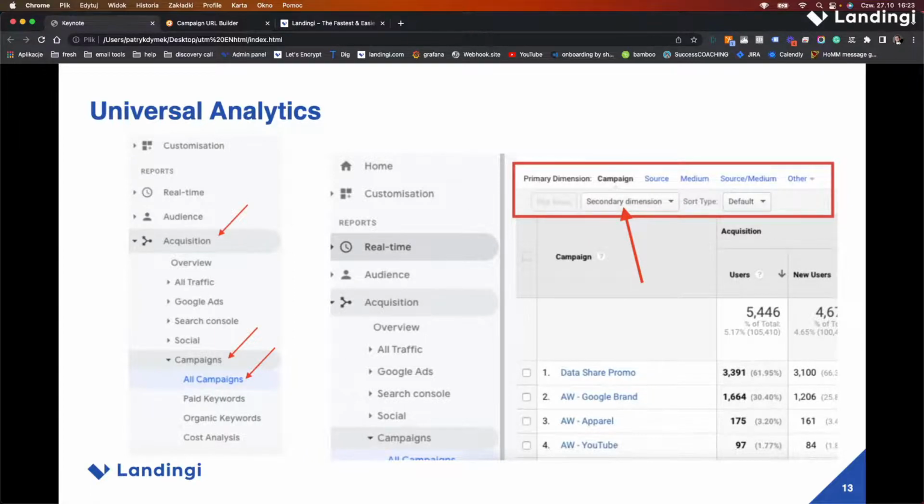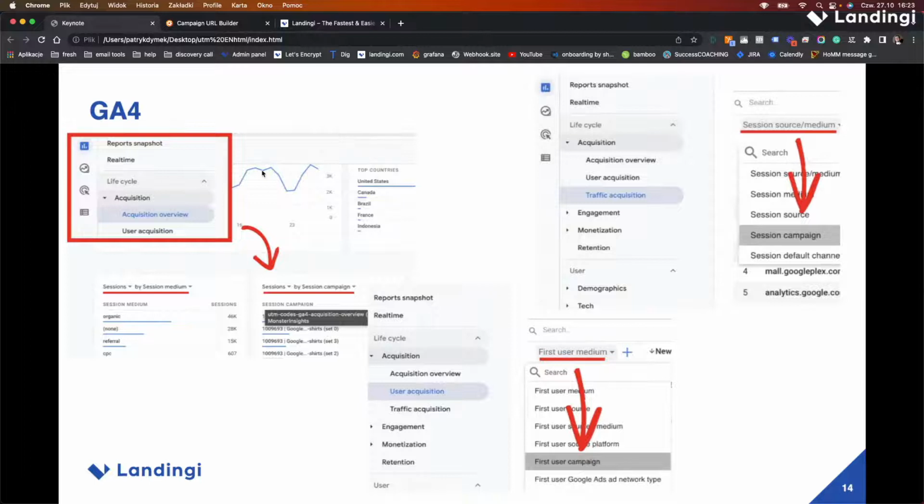As for GA4, you can see the reports from three tabs in the acquisition view. Just make sure that you click reports, the document icon or the diagram icon, go for acquisition, and you can go for acquisition overview, and then session by session campaigns, and you can see all the data available here.